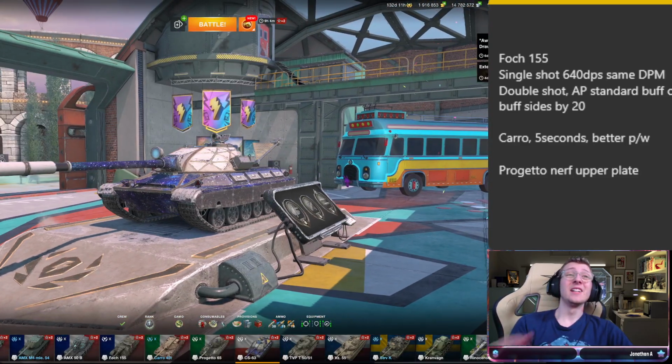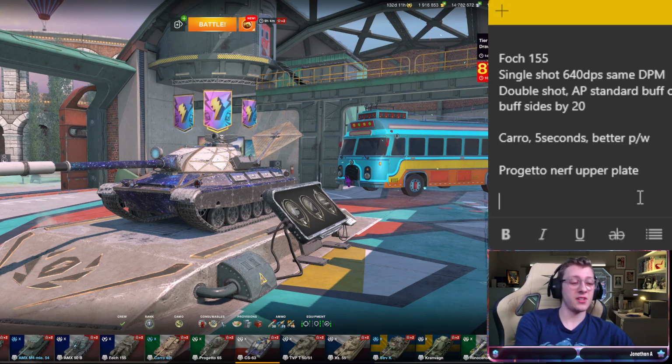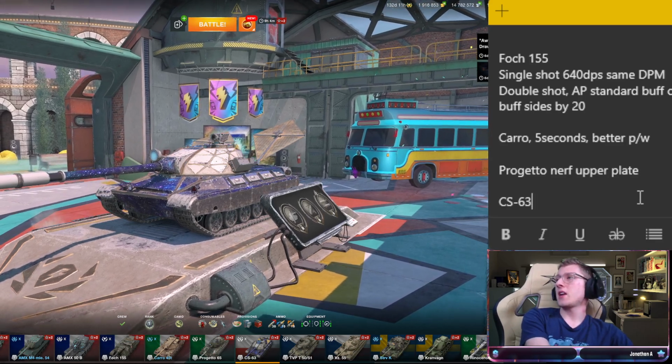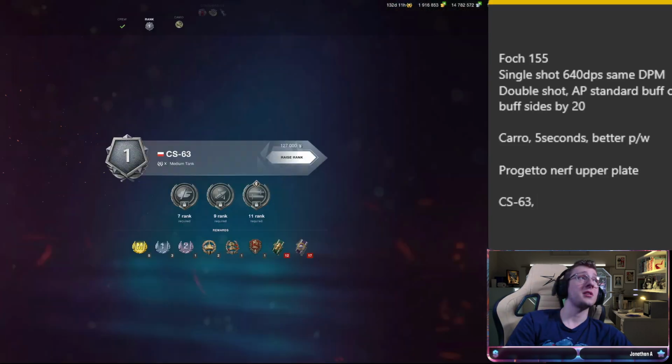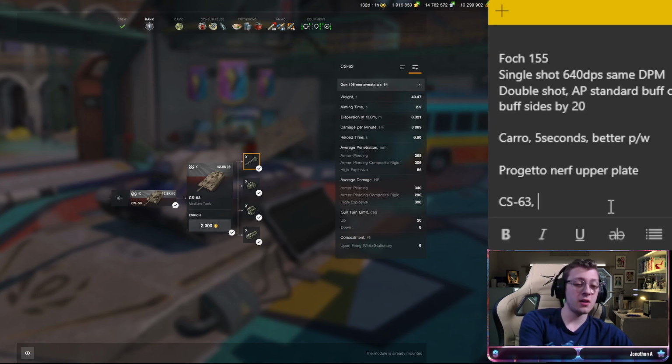CS63 is, oh boy, a tank that we obviously do not love right now. So what would I do to the CS63? Well, that is a pretty basic question. First of all, I would make the accuracy better. Its accuracy right now is 0.321, which is really mid. 0.29 dispersion. That's the first change that I would give the CS. I would then give it